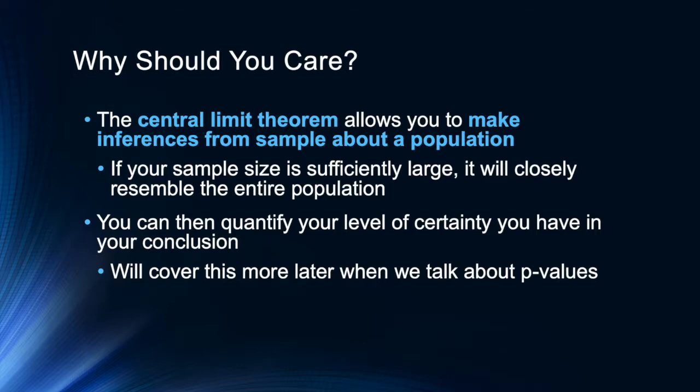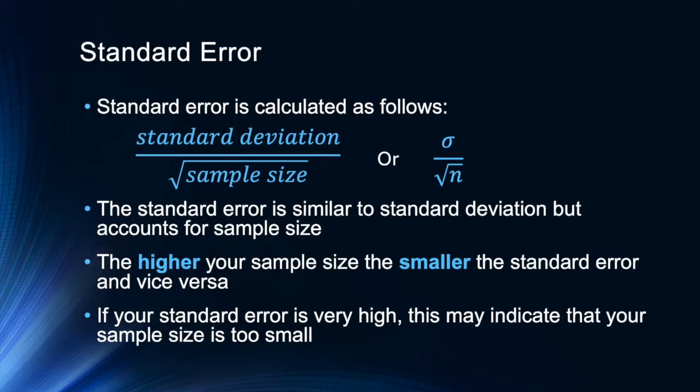So just to recap, the standard error is the standard deviation over the square root of the sample size. This is used to calculate confidence intervals and p-values as well. So as we went over last week, we covered the standard deviation in our first class. The standard error is basically the standard deviation, but normalized or converted to take into account your sample size as well. So this is what it means in words,